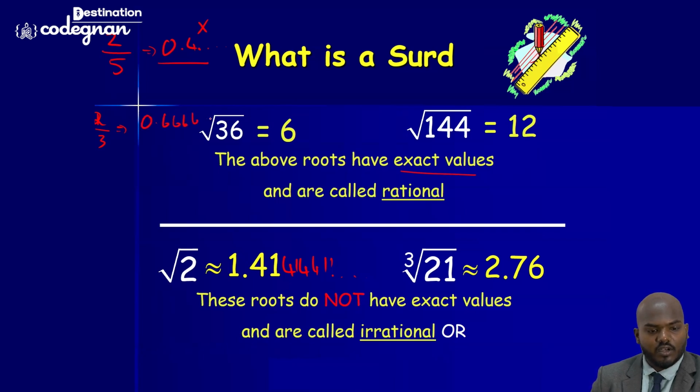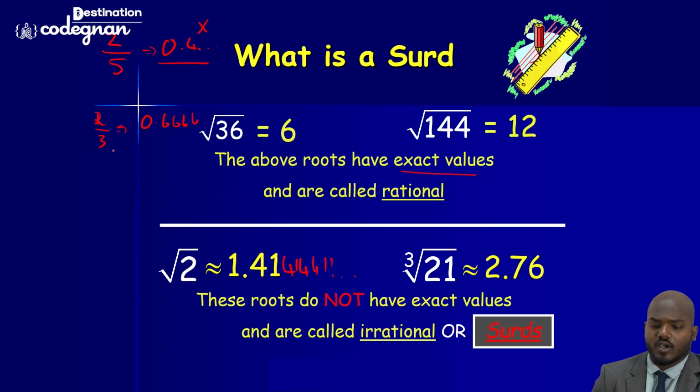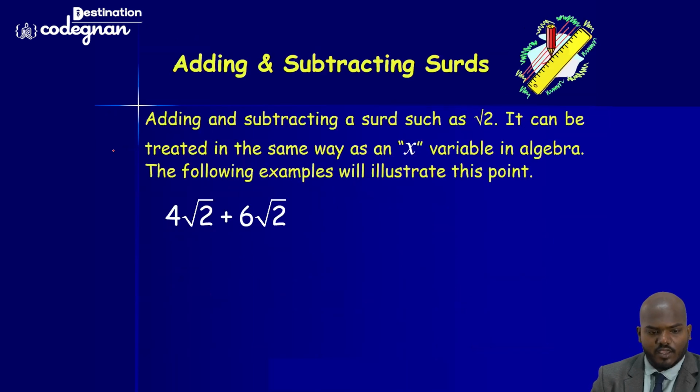The value will keep on continuing, and that we can call surds. All decimal numbers, we can't call surds. You need to take the number which keeps continuing after the decimal, and that we can call a surd. So please kindly understand the exact definition of surds here. I hope this irrational number is also called a surd.